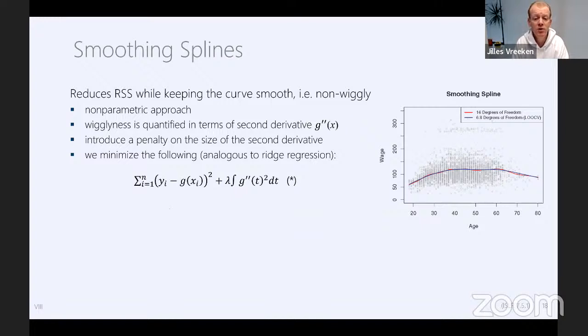This is called a smoothing spline. In a smoothing spline, because we now really have one bin per data point, it all of a sudden becomes non-parametric. Okay, why? Because we're still fitting a polynomial. But yes, but no, we only have one data point. There is no polynomial to be fitted truly. The only thing that we have is that we want within this bin that particular data point to be predicted,